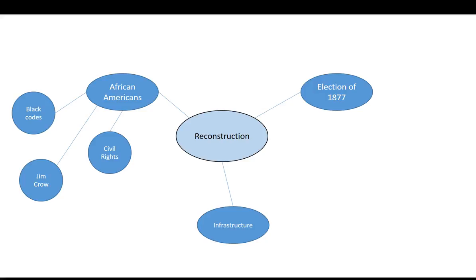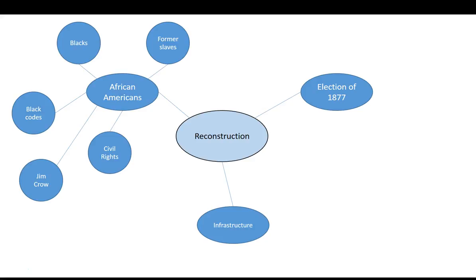Now, this is the first part of developing keywords because, as you'll notice, all of these are nouns. But some authors are also going to use different words in place of the same thing. So, yep, you guessed it, synonyms. So what I also need to do, and this is going to depend on what my topic is, but look at all of these bubbles for keywords that I'm planning on using and ask myself, what other words might be used in place of this? So if we use African Americans as an example, some authors might use blacks, some authors might use former slaves. So these are also additional keywords that we could consider adding.